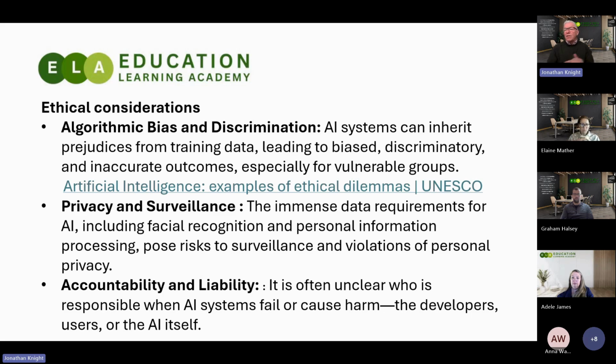So artificial intelligence examples, I've put a link in there, which I will put into the chat at the end. This was something about bias and discrimination from the UNESCO website, which is a very interesting read, actually. Privacy and surveillance. That's always, I don't want to send us all down a dystopian rabbit hole, but